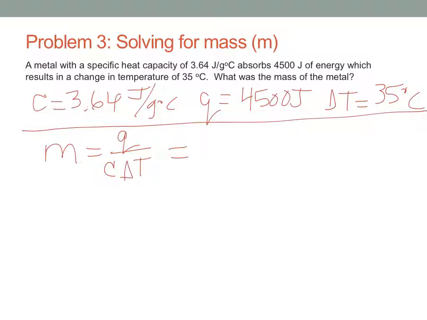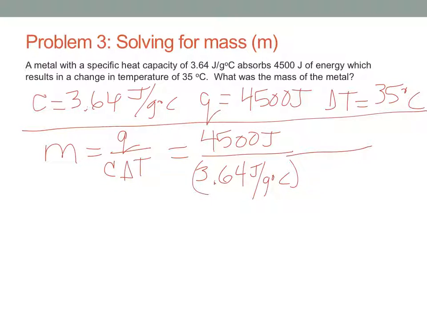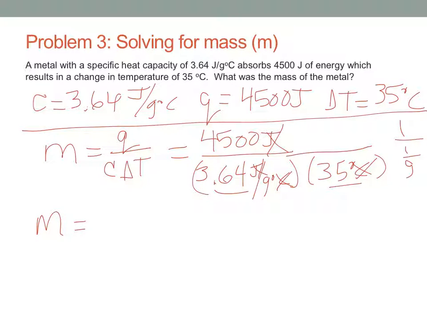Plugging in our numbers, we see Q is 4,500 joules. Our C is the 3.64 joules per gram degree C. And our delta T is 35 degrees C. So joules cancels out, degree C cancels out, and 1 over grams is going to be equal to grams, which is the appropriate unit for mass. Plugging this into our calculator, remembering that there are two things in the denominator, so you're going to divide and divide. 4,500 divided by 3.64 divided by 35, and you will end up with the number